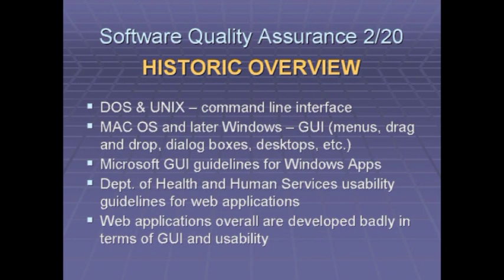So as a user, if you use 25 different Windows applications, you do not want to learn how to save a file in each and every application. There should be some kind of unified way of doing that, no matter which application you are using. So that is the job of Microsoft and Apple, as companies responsible for operating systems, to come up with their own guidelines. And they did come up with the guidelines. There is a book, actually, the Microsoft book on graphic user interface. There is another book which is available online if you go to